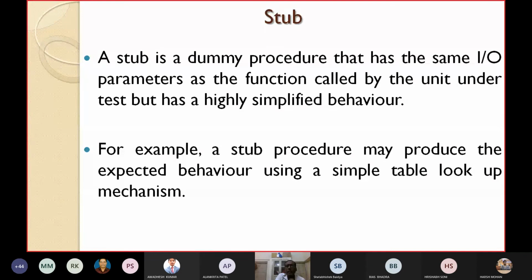Thus, a stub can be defined as a piece of software that works similar to a unit which is referenced by the unit being tested, but it is much simpler than the actual unit.